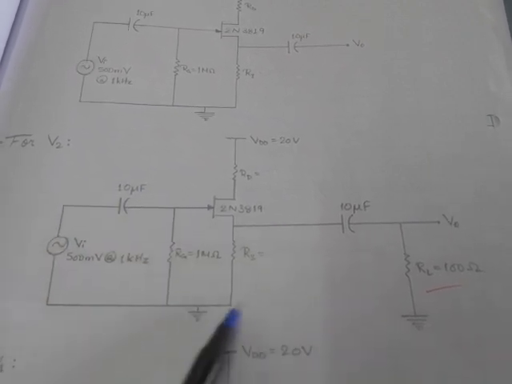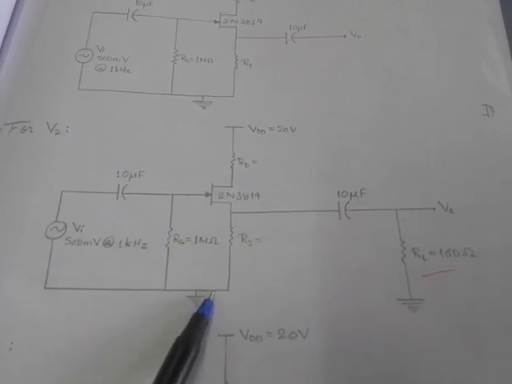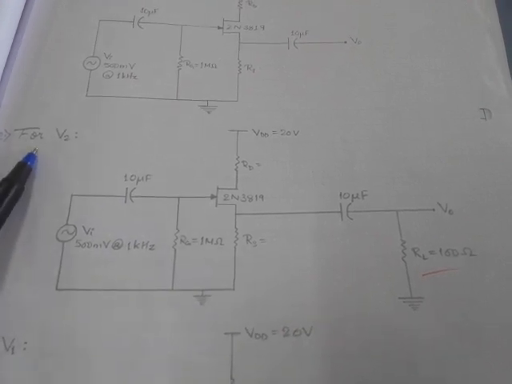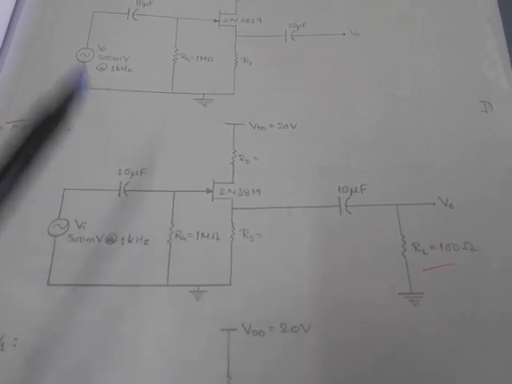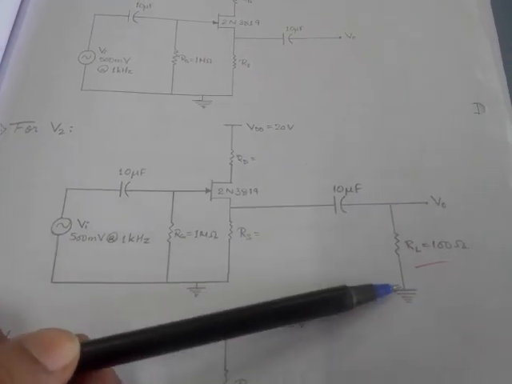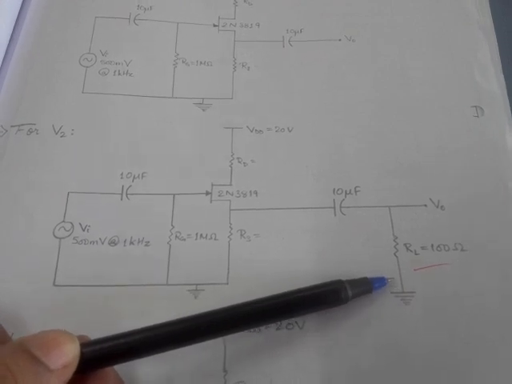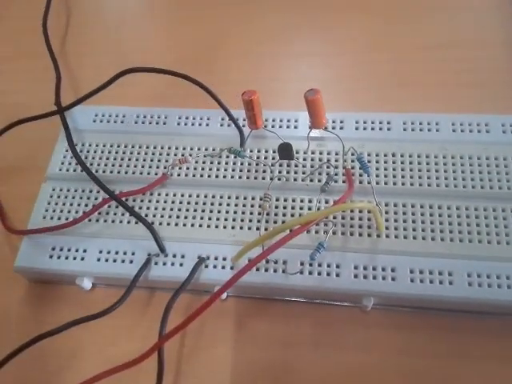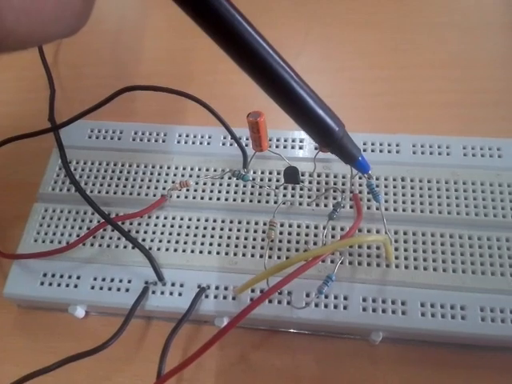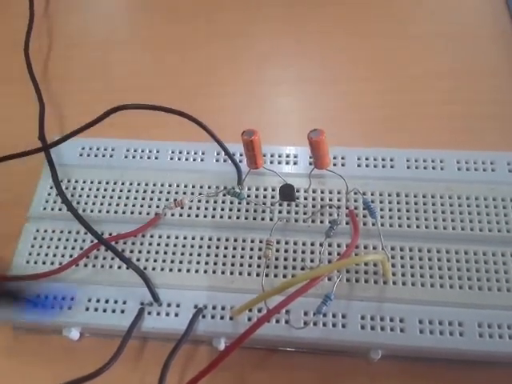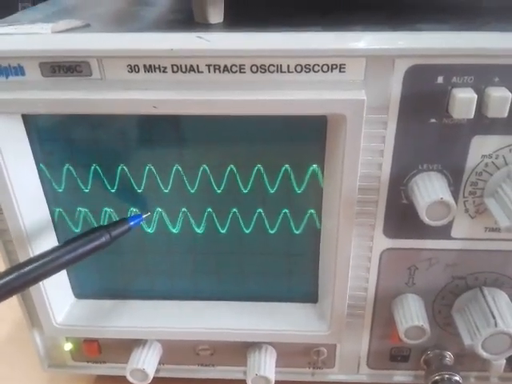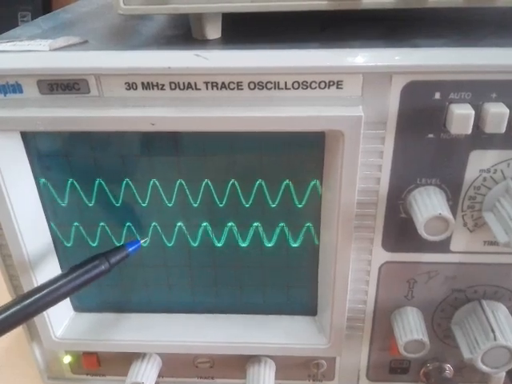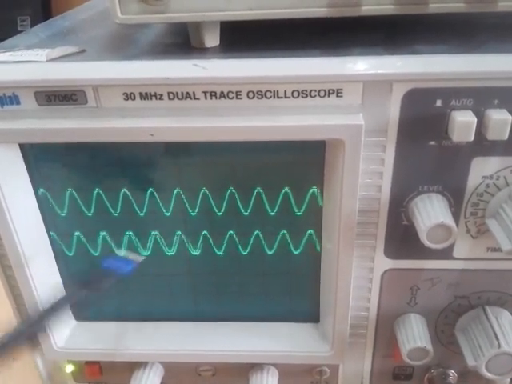Now this is the circuit for measurement of output impedance RO, or to measure V2. So as before we have removed the 10 mega ohm from the input, and now we have placed RL, whose value is 100 ohm, at the output, and the circuit is like this. Input is directly given, whereas RL of 100 ohm is inserted at the output. The corresponding waveform is like this. So here approximately, if we measure the output, we are getting 0.12 volts.